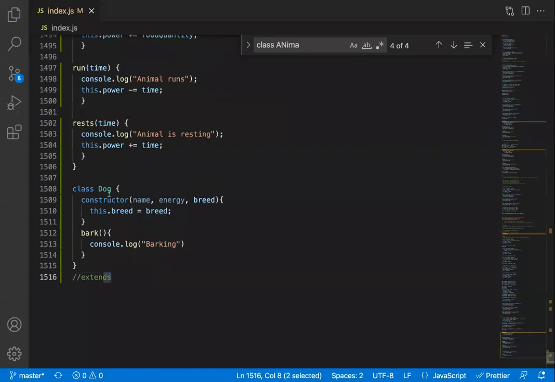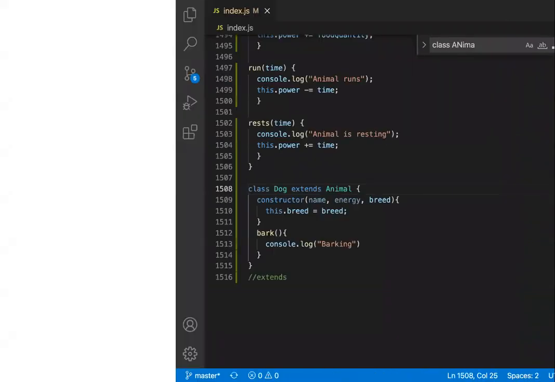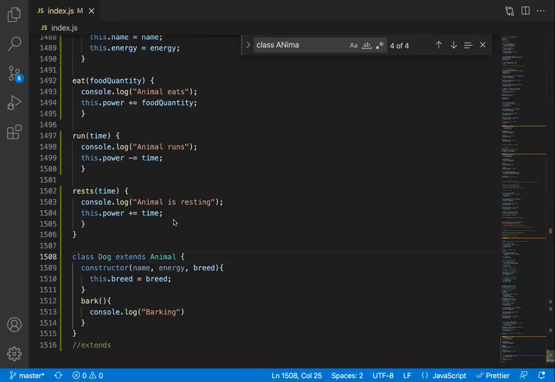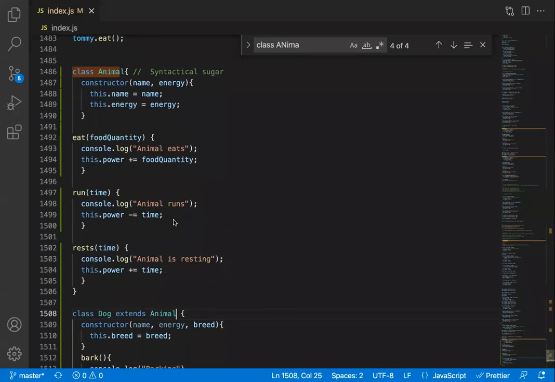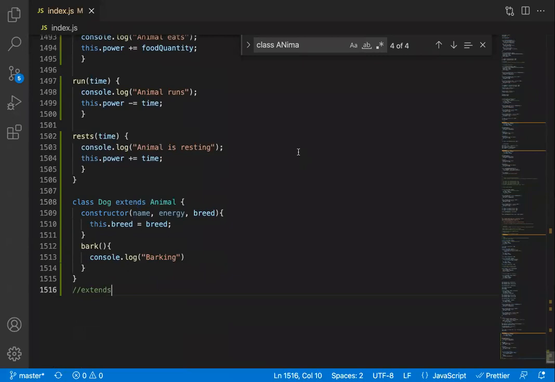And to accomplish the same, we use the extends keyword. So very simply, if in front of this you say extends animal, right? Very simply, if you do this, everything is taken care of for you, right? Did you guys understand what I said? The moment you do this, guys,